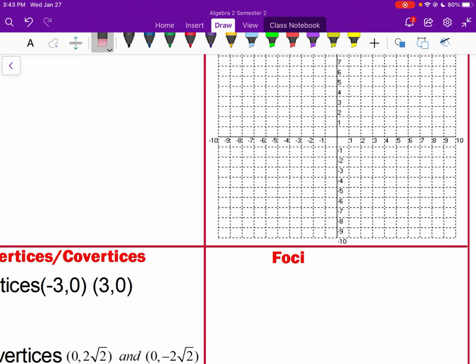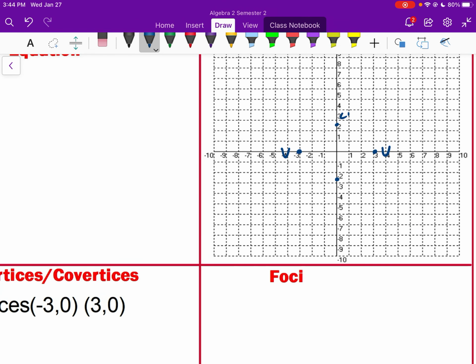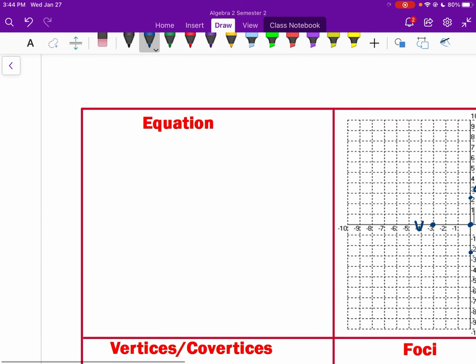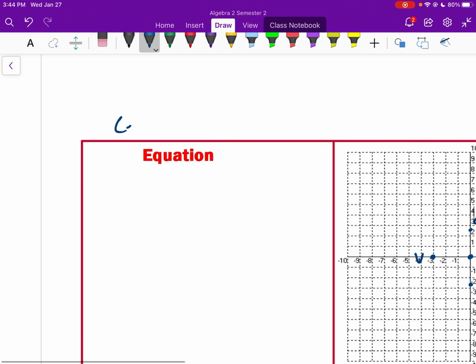Okay, so let's go ahead and just plot those points. We got negative 3, 0 and 3, 0 for our vertices. And then it's 2 root 2, which is about 2.8. Okay, so from there, given those points, I can figure out my center. On this one, it is centered at 0, 0. So we'll just go up here. Center